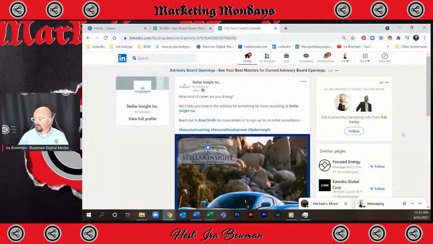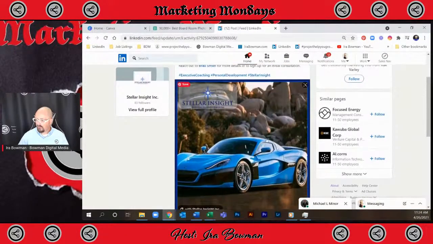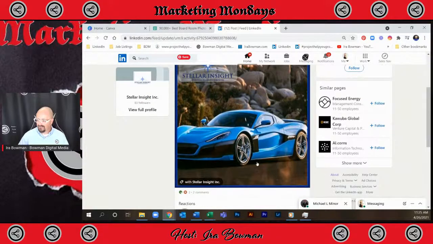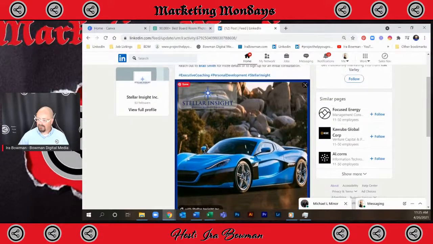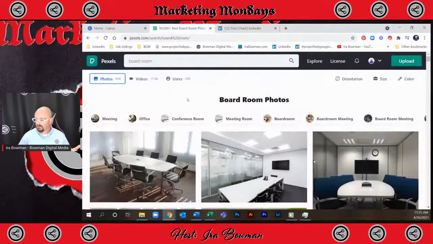is right here. So this is one. I downloaded this car from Pexels. I added the box and the logo and then the frame, right? Now on this one, I don't have a bleed out because this is not for me. This is for my client. So we're doing things a little bit differently here. But you can get this exact photo from